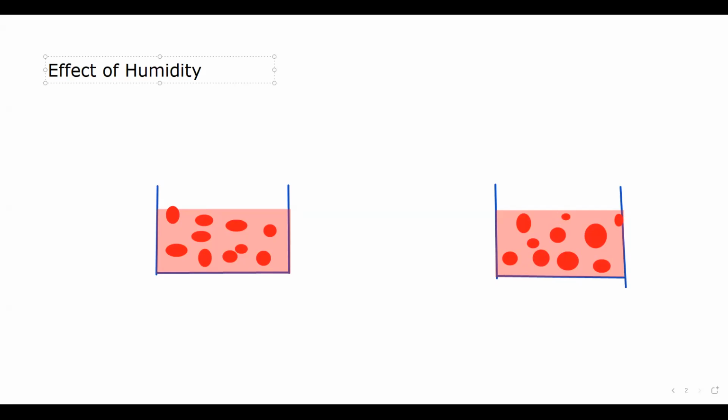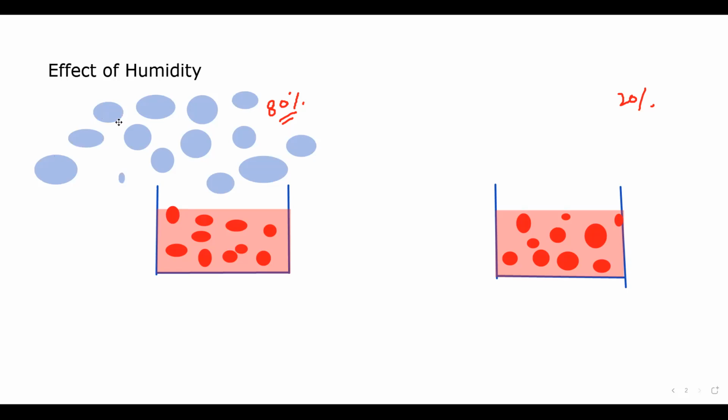So what is the effect of humidity? Example, if I say we have 80% humidity and here we have 20% humidity. 80% humidity, like out of 100 molecules, 80 molecules are made up of water molecules. So already there are water molecules at the surface